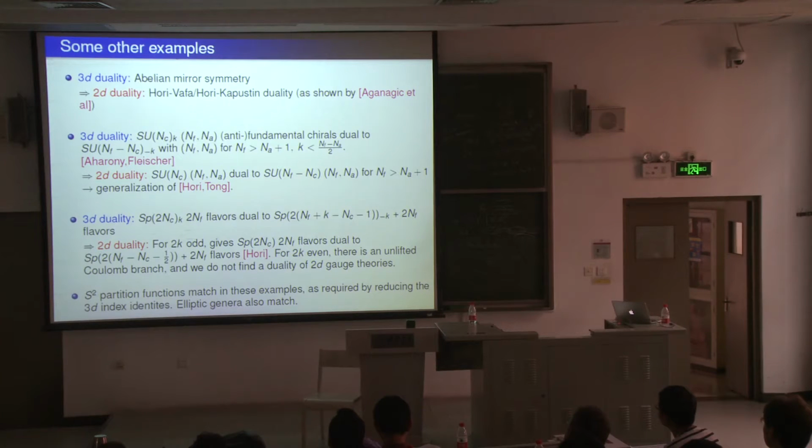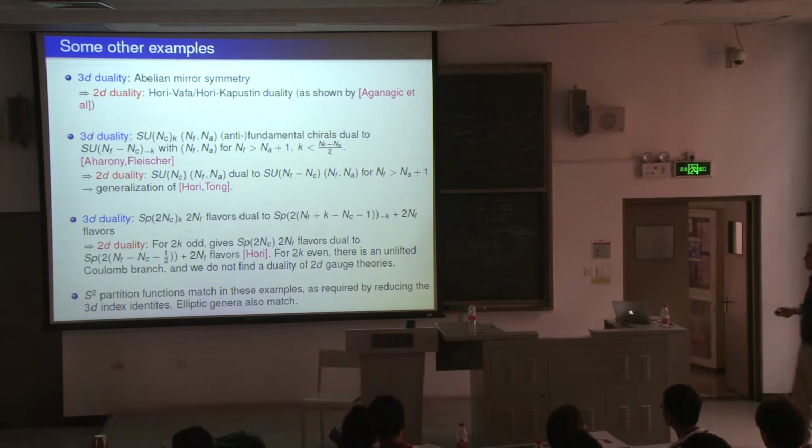And we can also look at Sp(N) theories with Chern-Simons terms. And here there's an interesting distinction, so k can be integer or half integer. If k is half integer, so if 2k is odd, then the Chern-Simons level lifts the Coulomb branch in 3D, and since we don't have a Coulomb branch, we expect to find a valid duality, and indeed we recover this duality due to Hori. However, when 2k is even, then there's an unlifted Coulomb branch in 2D, and we no longer find a duality